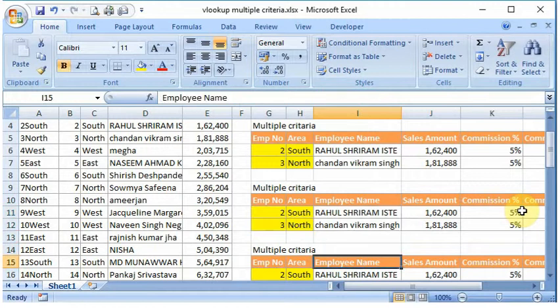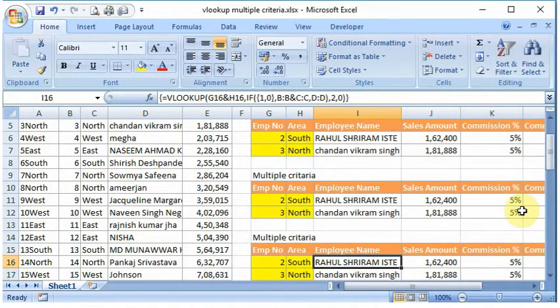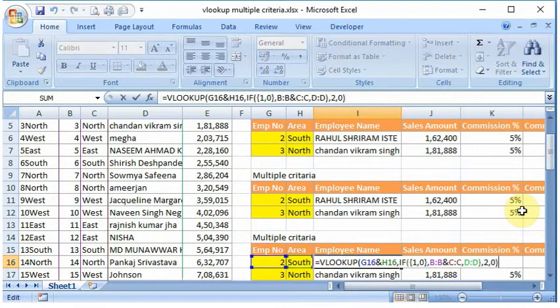Similarly, instead of the CHOOSE function, we can use the IF function. The formula will look like this: we look up these two multiple criteria with this AND symbol. After that, for the lookup table,